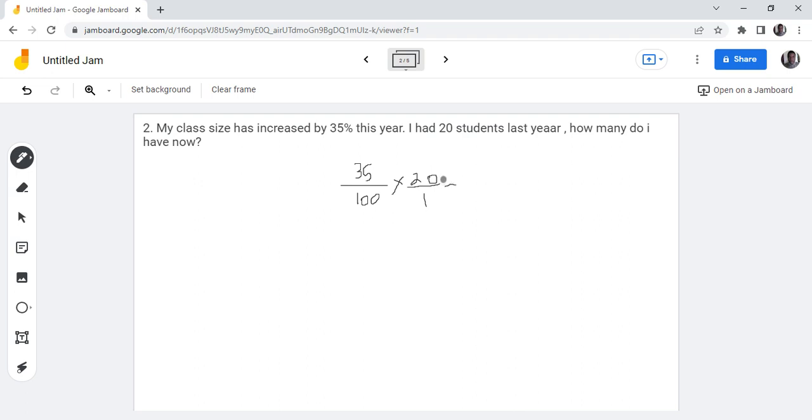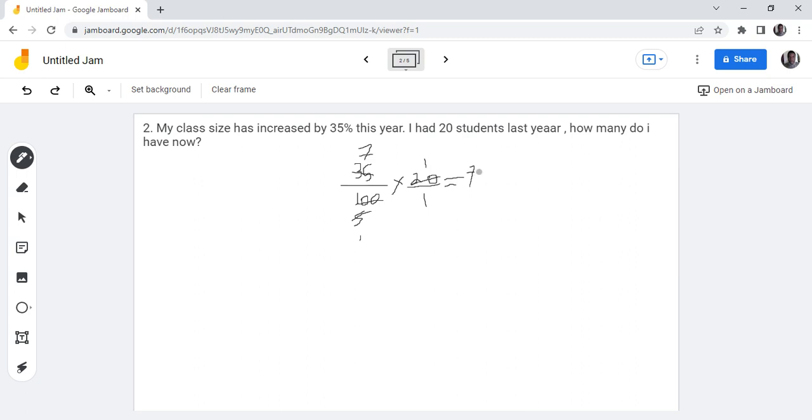So we can go ahead and reduce: 20 into 20 goes 1 time, 20 into 100 goes 5 times, and 5 into 5 goes 1 time, and 5 into 35 goes 7 times. So we have seen that 35% of 20 is equal to